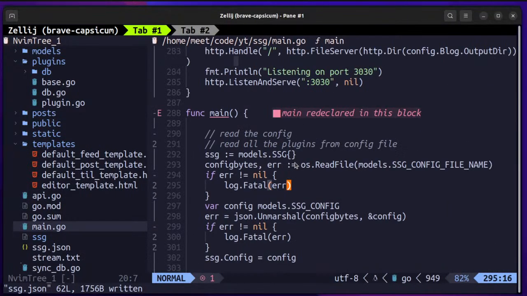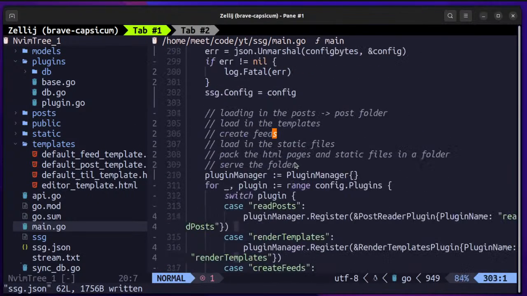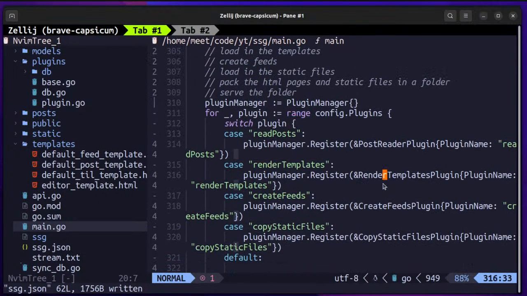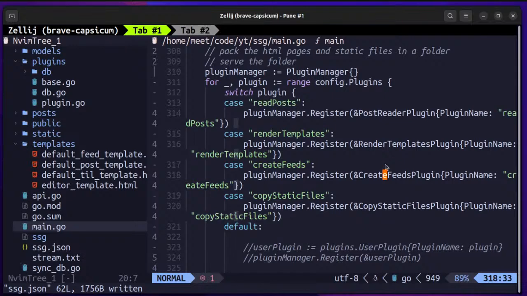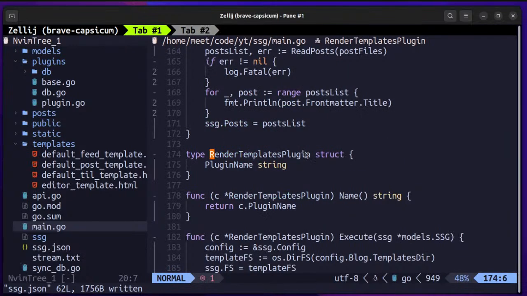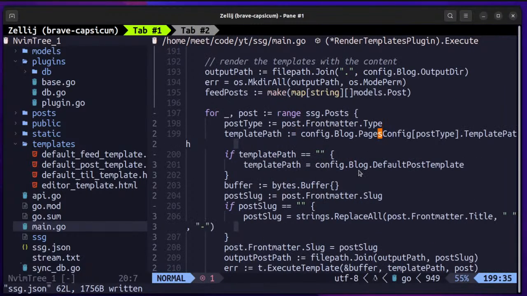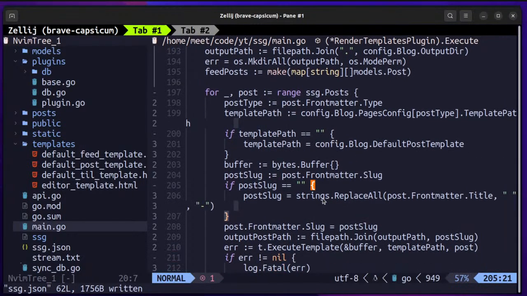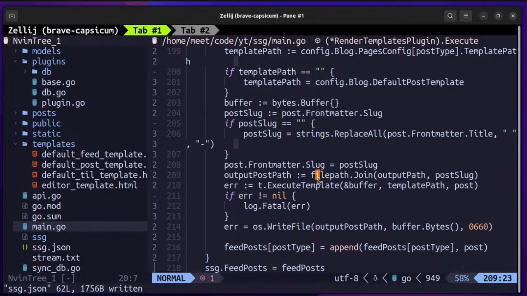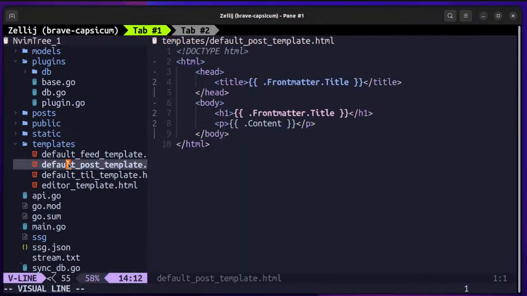So where is it, render templates? Yeah, it is render template. So we are converting this template and passing it over there. So default post template, we need to have